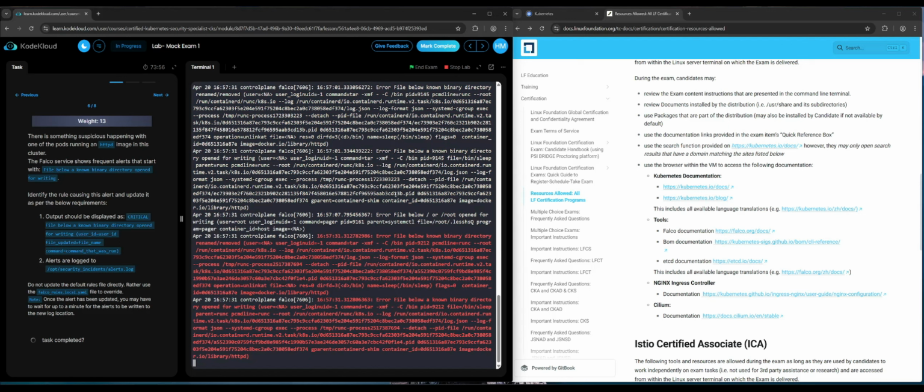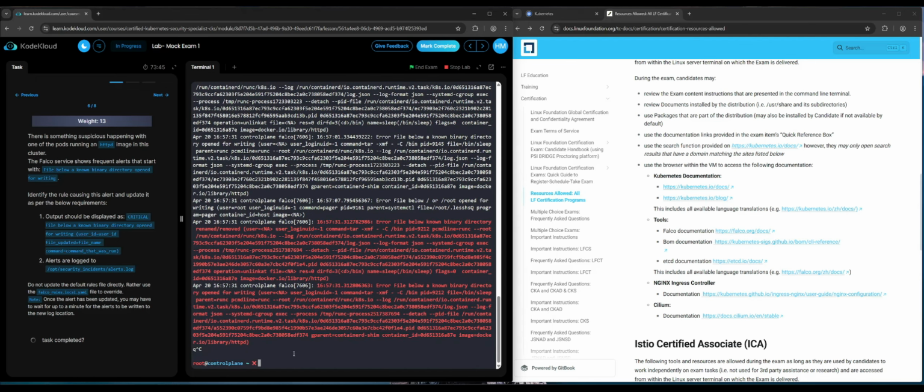And of course, if there was a lot of errors, then what you could do here is a grep and just copy and paste the "writing" for what you need, and it'll find only that. Okay, and it's saying the HTTPD image over here as well. But this still doesn't give us the location of where the Falco files are stored. So in order to find that out, what we can do now is